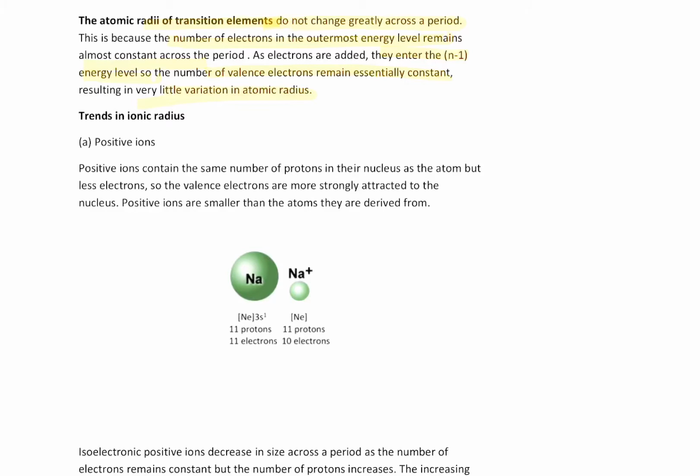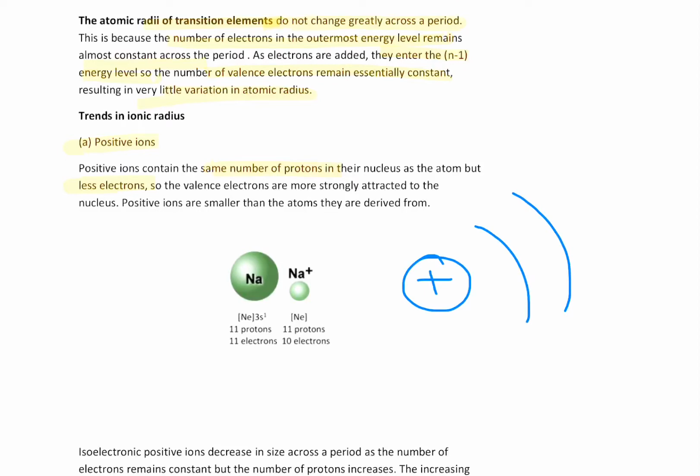When we're considering ionic radius, we're considering the radius of ions, which means positively charged particles or negatively charged particles. So if we're looking at positive ions, or cations, they are for metals. And how do metals form positive ions? It is when they lose electrons. So they have fewer electrons than the atom, and because they have fewer electrons but the same number of protons, the positive charge in the nucleus remains the same,